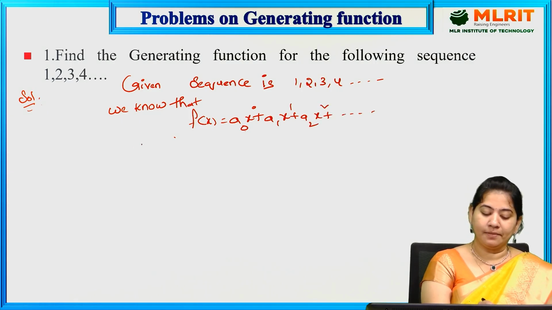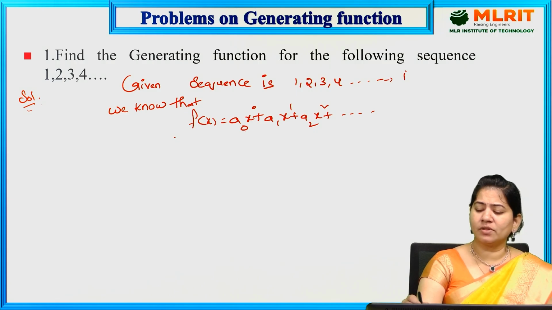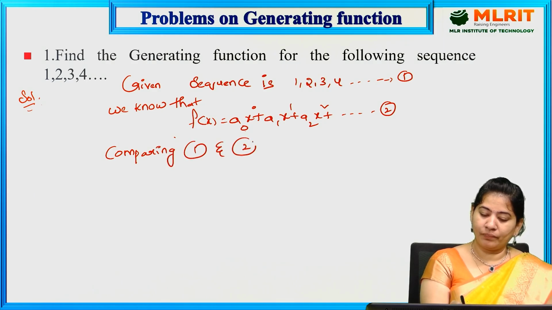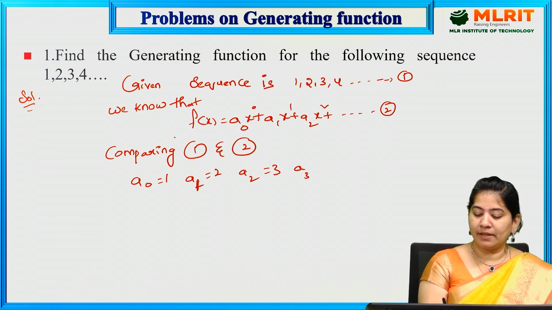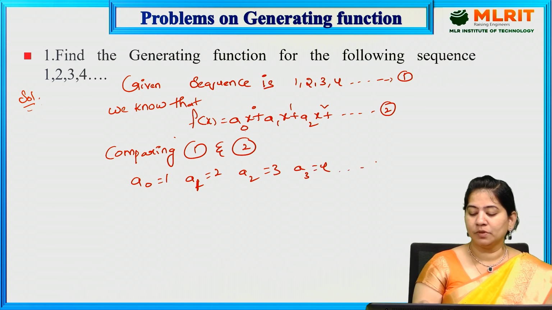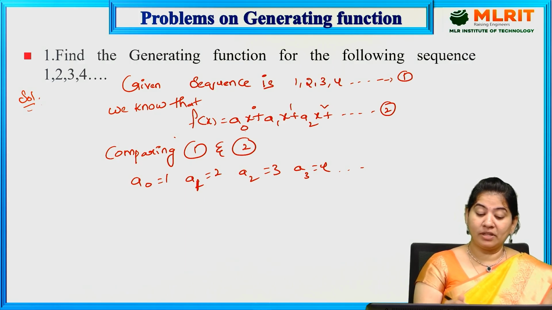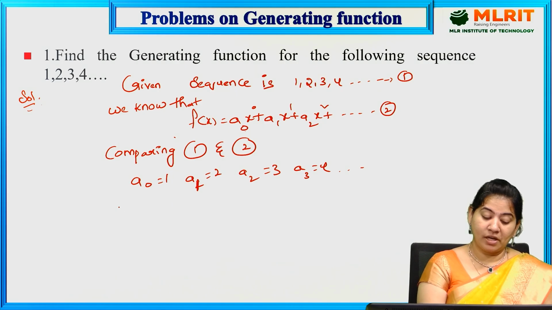So now here, let us suppose this is 1 and this is 2. Comparing 1 and 2, we can say that A0 is equal to 1, A1 is equal to 2, A2 is equal to 3, A3 is equal to 4. So by using this, substitute these A0, A1. So you have to substitute these values in this equation 1, so that you will get here